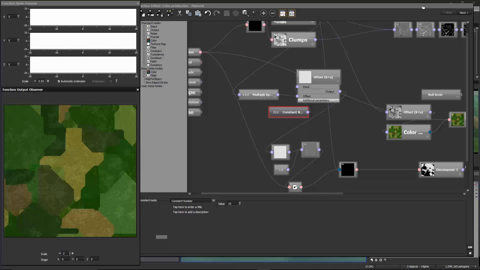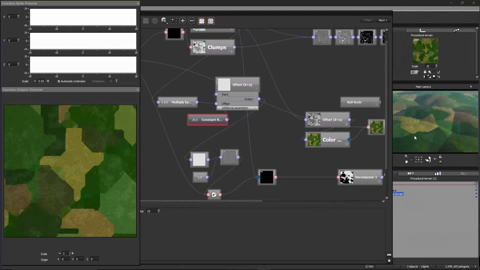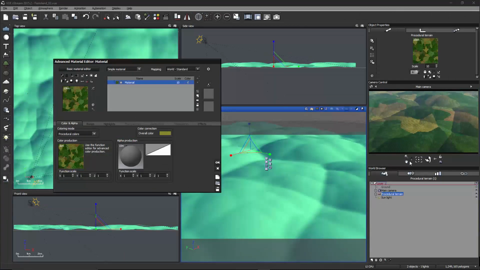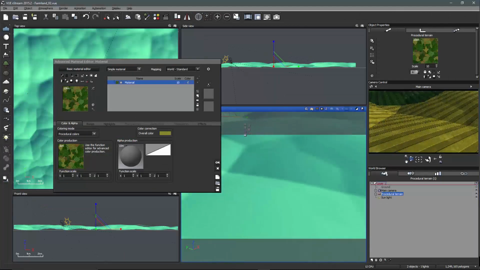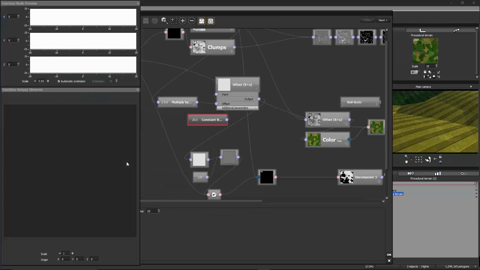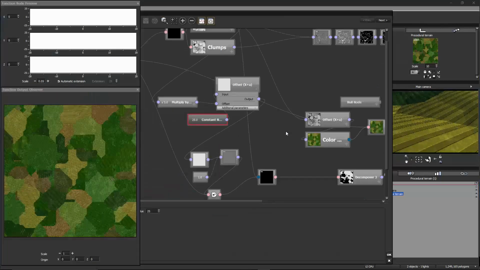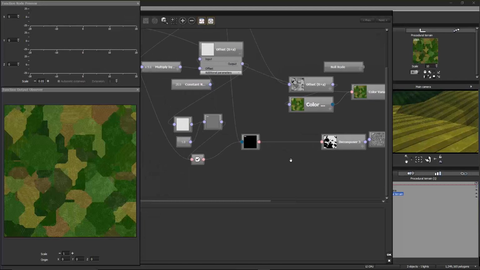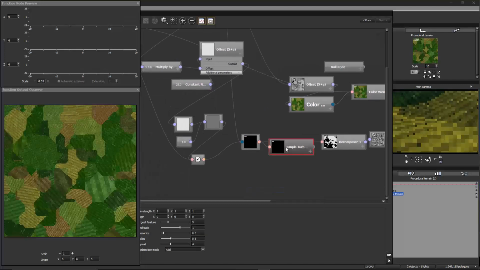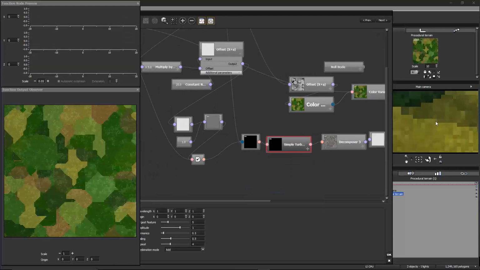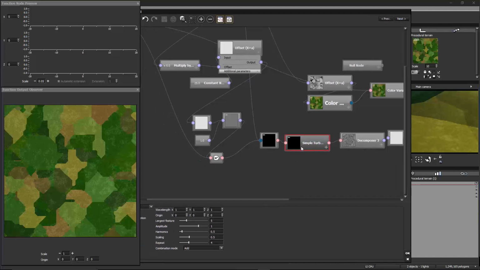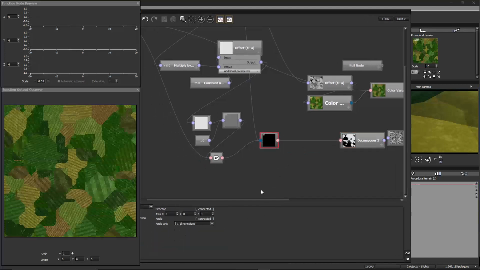We might have to pay attention to this render preview because turbulence nodes do not show up well in the function editor preview. So actually, I'll go back and let's just try that again and just pay attention to the render and see what happens. It looks like we did lose that. So maybe